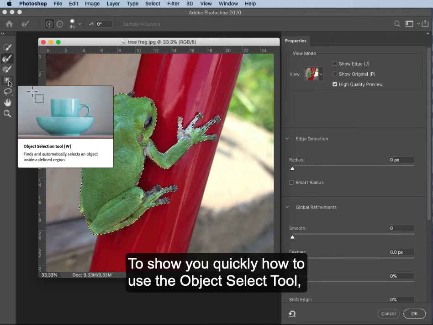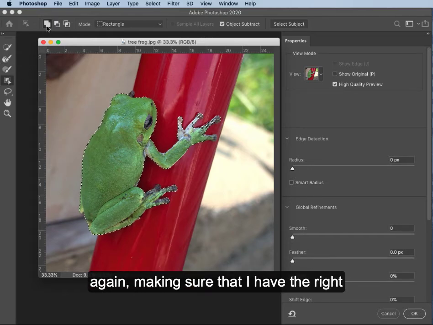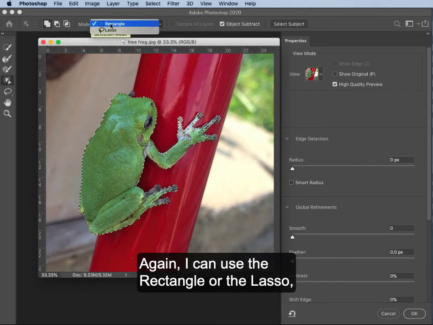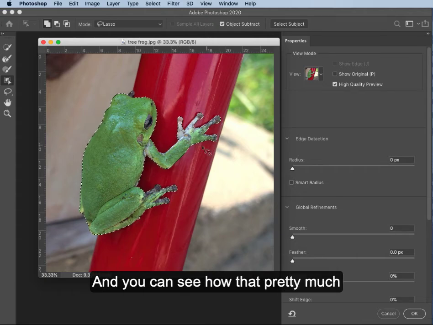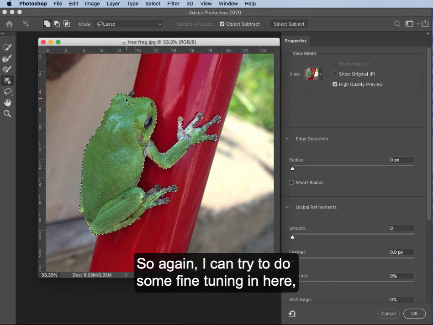To show you quickly how to use the object select tool, again making sure that I have the add to selection feature at the top, again, I can use the rectangle or the lasso, and I can click and drag. And you can see how that pretty much got everything in there. All right, so again, I can try to do some fine tuning in here,